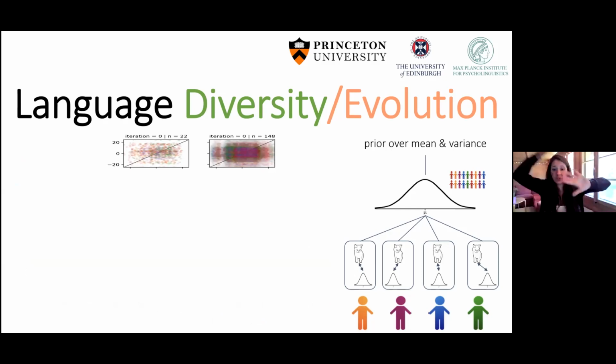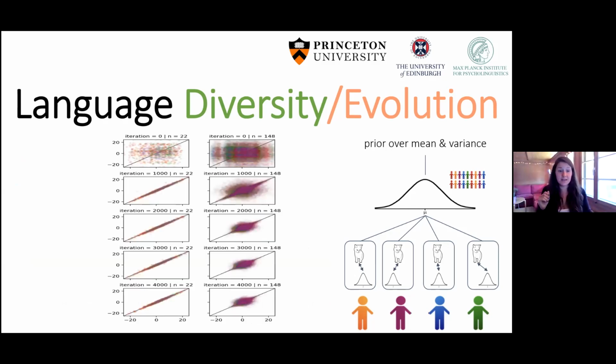And at the beginning, there is no convergence. All the pairs have different variants. They're spread everywhere for the big and the small groups. But over time, pairs could align. And if they align, they will be on this kind of diagonal axis. And this is what happens. But very importantly, when a point is aligned on the diagonal, it means that a pair is well coordinated. The receiver and producer have the same variant. But if the points are clustered on the diagonal, it means that all the pairs have the same convention.